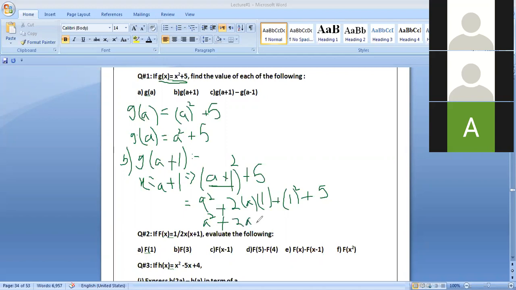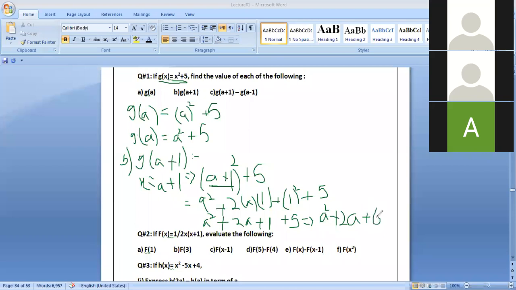And you know, 1 का square क्या होता है? 1 ही होता है, means 1 times 1 is 1. And then final answer we have. अब हमारा final answer जो आया इसको solve करके, here we got a square as it is, because it cannot be combined with other terms, because it is higher order. Power 2 है, power 2 किसी के पास नहीं है, we will write as it is. 2a we will write as it is, because it does not have a like term. 5 plus 1 becomes 6.